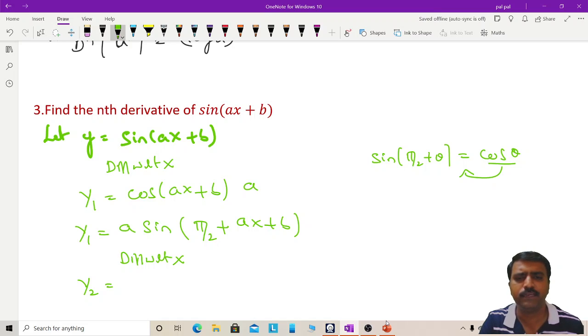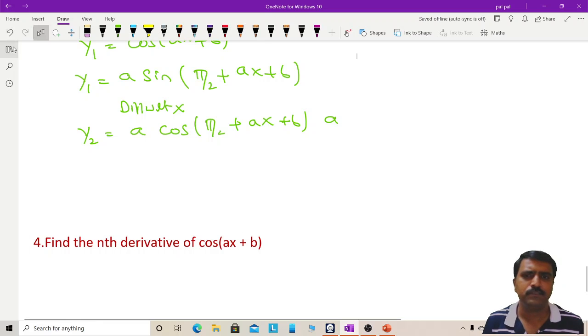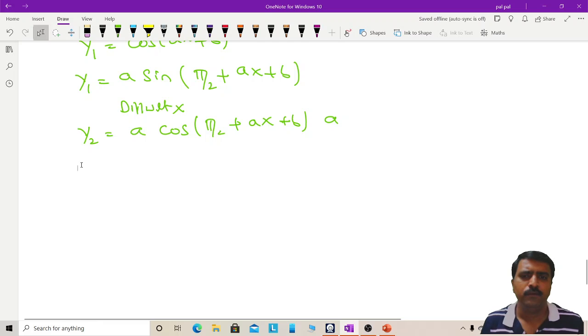Okay. So now once again you differentiate this y1 with respect to x. Then we get y2. y2 is equal to a into the differentiation of sine, which is cos 90 plus ax plus b. This is theta now. Theta means this whole term, 90 plus ax plus b. Again you differentiate this 90 plus ax plus b, it gives a. Now you write y2 as